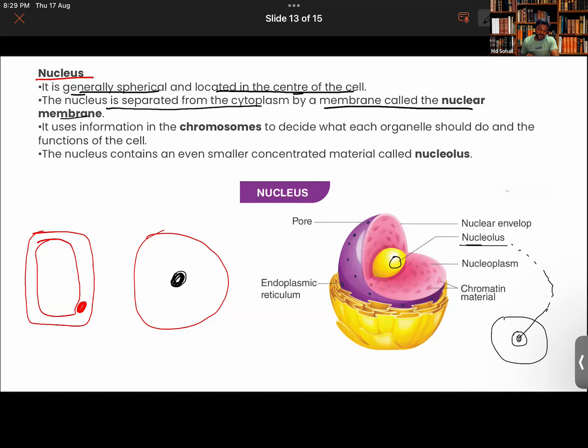Okay, guys. So it uses information in the chromosome to decide what each organelle should do and the functions of the cells. So there is information encoded in the chromosome that allows the cell to decide what each organelle should do and what not. Right now, the nucleus contains an even smaller concentrated material called